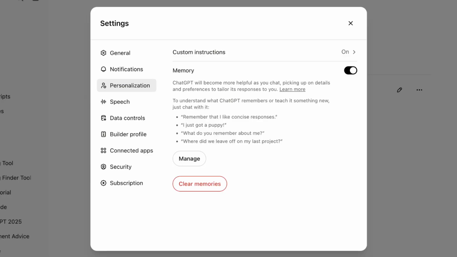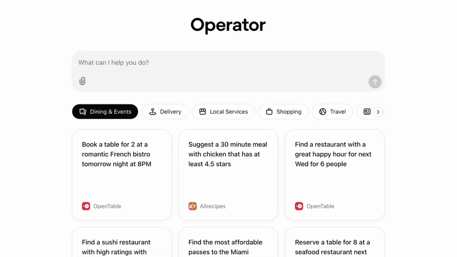Did you know that you have to occasionally clear ChatGPT's memory in order for it to give you the correct answers that you actually want? Or maybe you didn't know that you can now automate certain tasks with ChatGPT. Well, those two things are absolutely nothing compared to the 17 tips and tricks I'm going to share with you in this video, because if you want to go from a ChatGPT beginner to a ChatGPT Pro, this is the